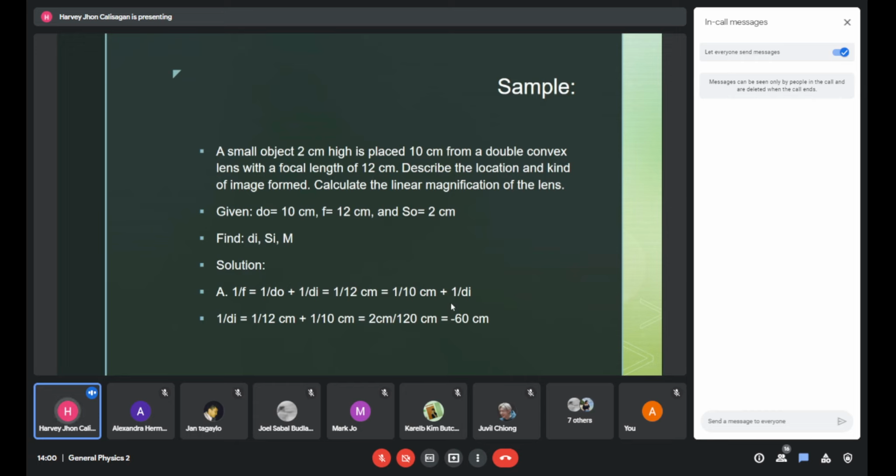So let's try to look for the DI here first. So 1 over F is equals to 1 over DO plus 1 over DI. So it's the same thing, no? At the bottom, we will be replacing the different values, substituting everything. So we have 12 for F and 10 for our DO. So we have 1 over 12 centimeter is equals to 1 over 10 centimeter plus 1 over DI. So we transpose, no? So we have 1 over DI is equals to 1 over 12 centimeters plus,